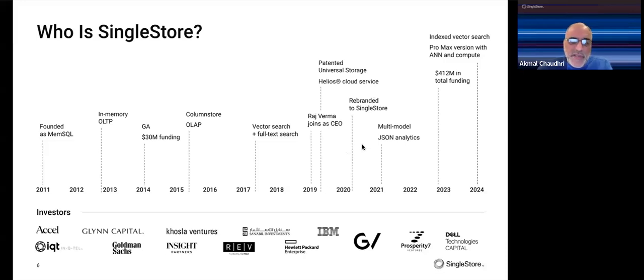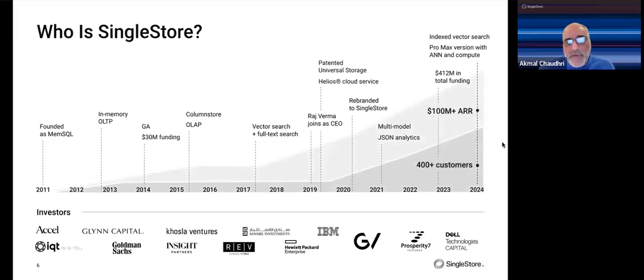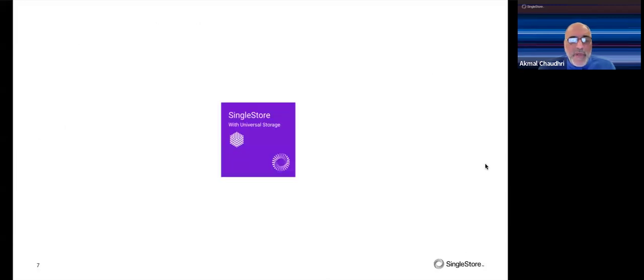A couple of other milestones there you can see. So 2021, multi-model, JSON analytics. But notice here, vector search plus full text search was added way back in 2017, and we'll focus on the vector search today. Finally, we are a $100 million ARR, annual recurring revenue company, and have over 400 global customers today. And then from a high level, this concept of universal storage, a single table type that can deal with